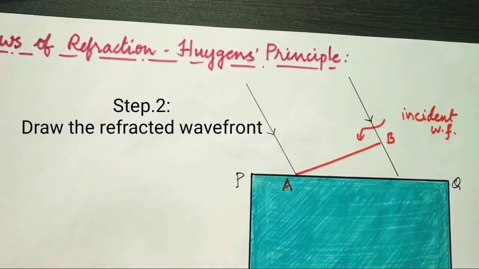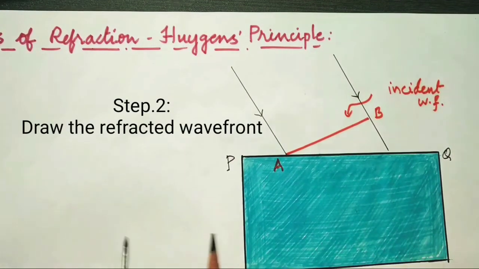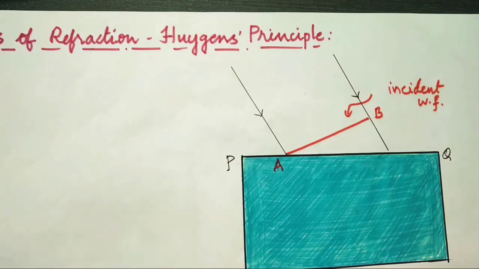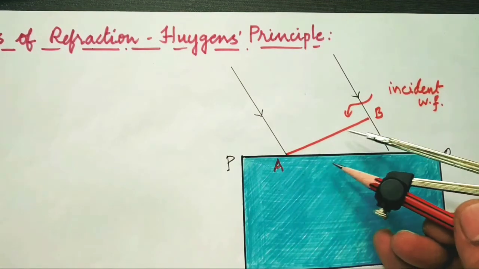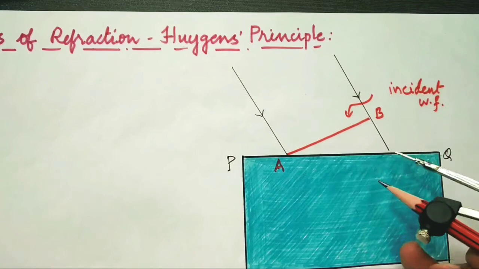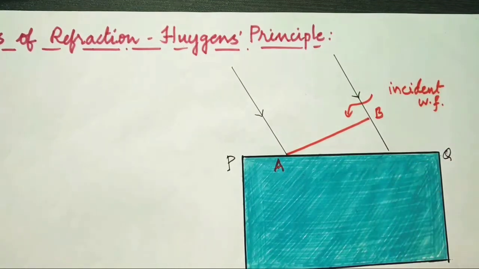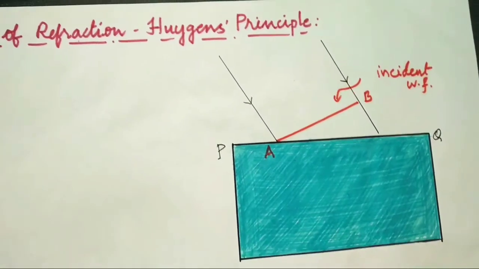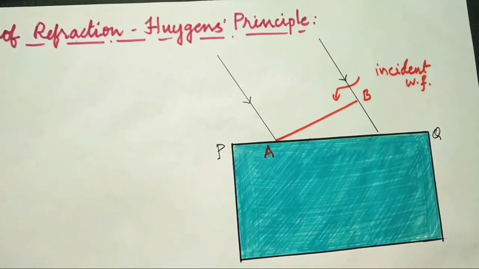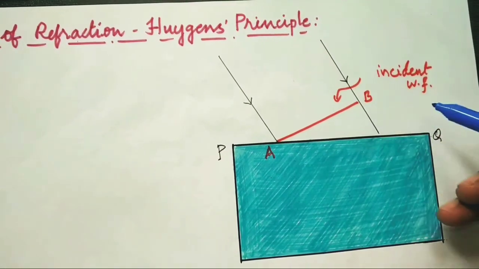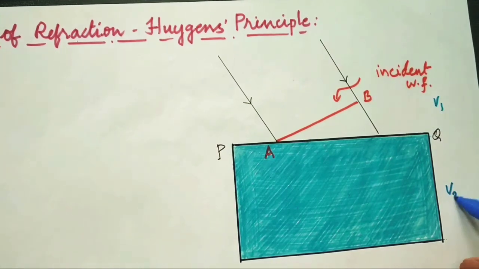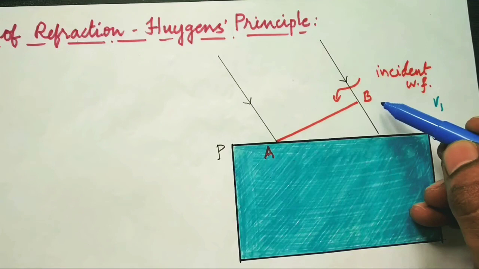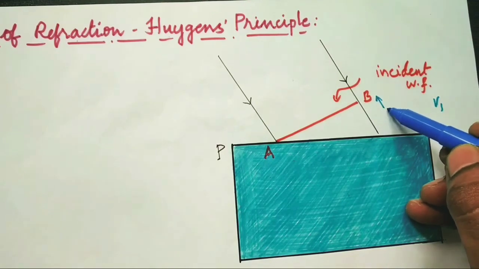Now our second step is to draw the secondary wave, or the refracted wave. We all know from Huygens principle every point on the wavefront acts like a source of light. So on AB we have several points, and all points act as a source of light. Let me take the first point B, which is in the air. Consider the light ray travels with the speed v1 in medium 1, which is the rarer medium. It then travels with the speed v2 into the second medium, so it advances in this direction.